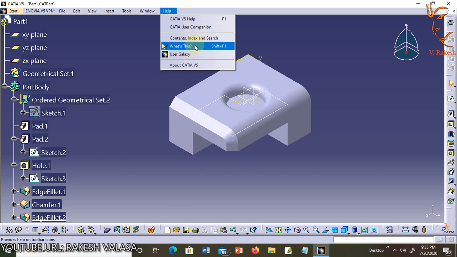You also have direct access to the CATIA User Companion. One of the most helpful tools is the What's This tool. All you have to do is select this tool and then the item you have a question about, and CATIA will bring up an information window about the selected item and a link to the help files if one exists.